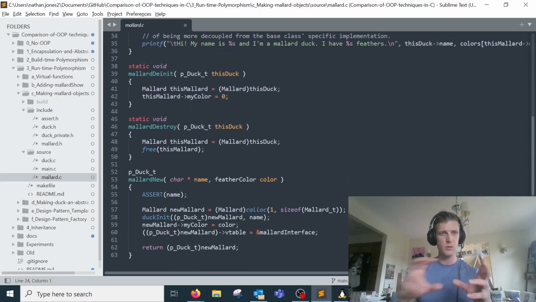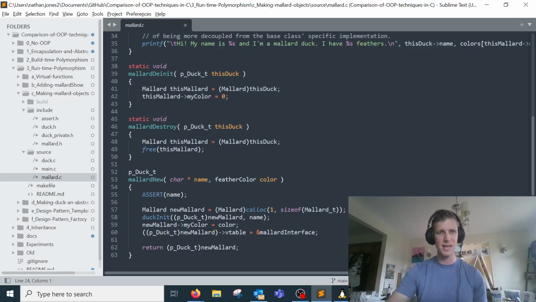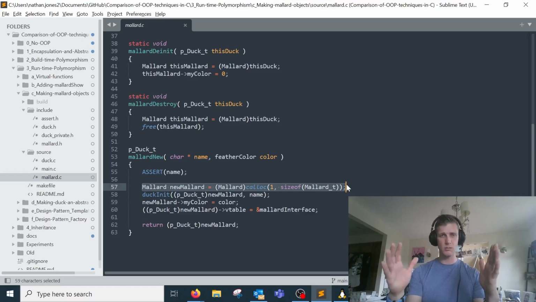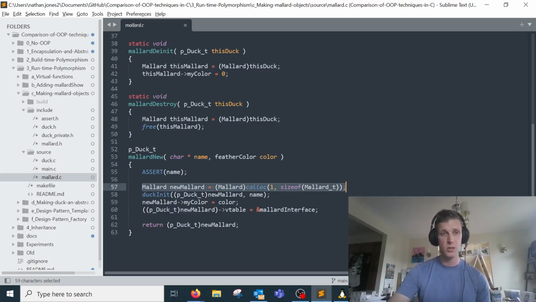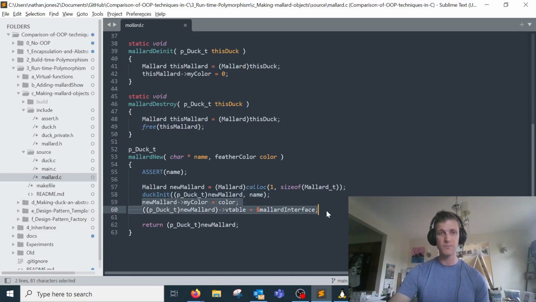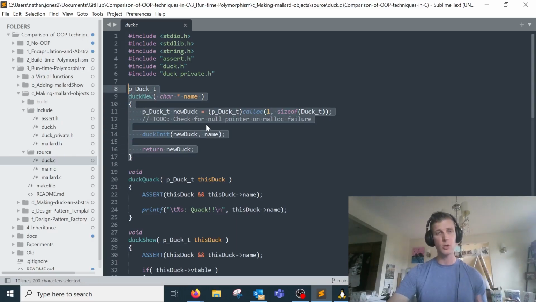The last thing I want to say about creating and destroying is that this happens in a bit of a W fashion. For instance, if I'm making a Mallard object, I definitely want the Mallard function here to be able to allocate the memory, because this is the only source code that knows what elements are in there. But it might be that my base class has things that need to be initialized first. So what I need is a base class specific initialization that can happen prior to any of my derived class initialization. So back in my duck file, that new function,